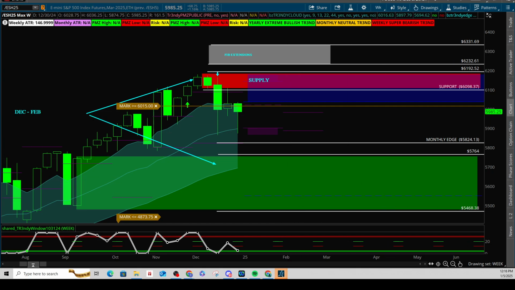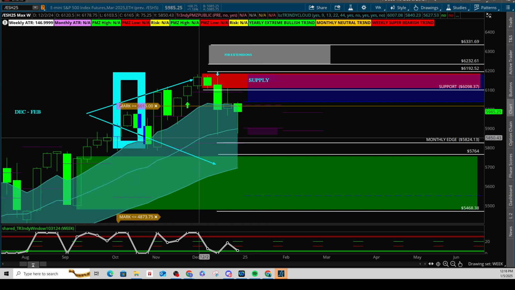Now, what's interesting is again, the SPY and the ES futures are related, but their candles don't necessarily look exactly the same. So we had a double inside on the SPY, but here on the ES futures, we actually technically closed at an inside and down. Inside and downs usually lead to further continuation to the downside. Now, what's important to note here is that we do have higher lows, but we also have lower highs. If you connect the dots, you basically have what we call a sideways trend.